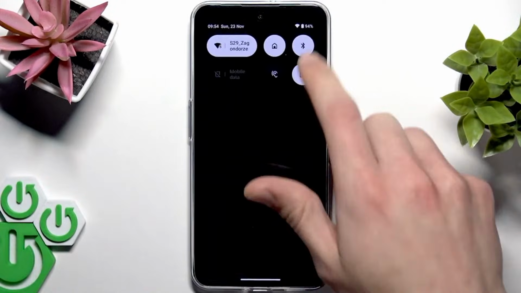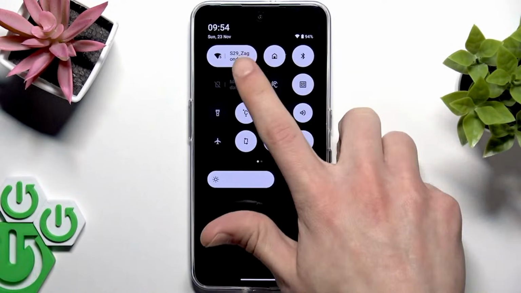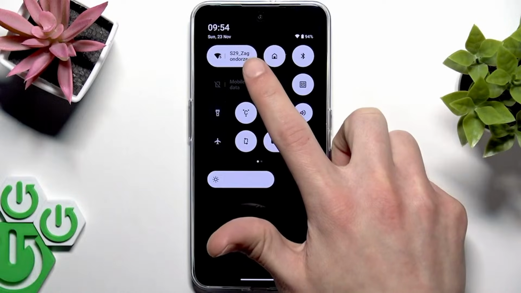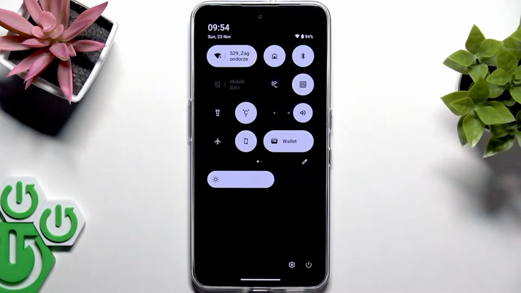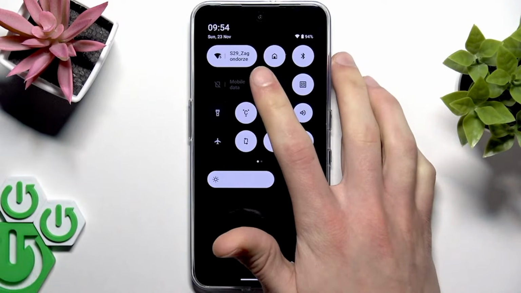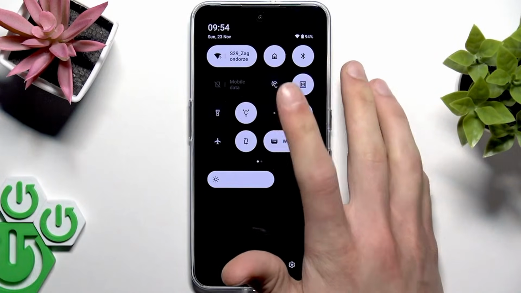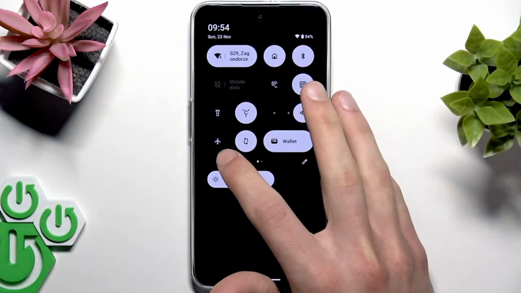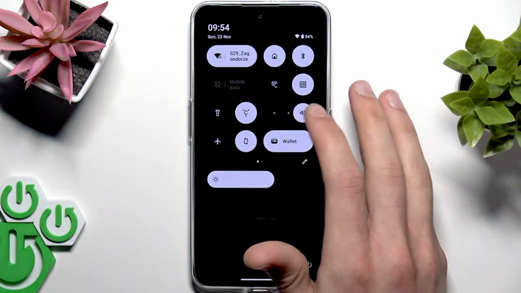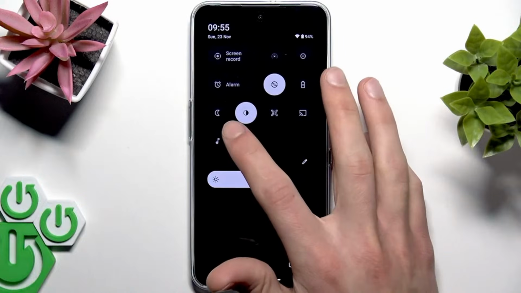First of all, open the Quick Settings menu. Here, you'll be able to check if you have the internet connection. Some notifications require internet connection to be enabled, so make sure that you're either connected to the Wi-Fi or are using mobile data. Also check if the airplane mode is disabled,